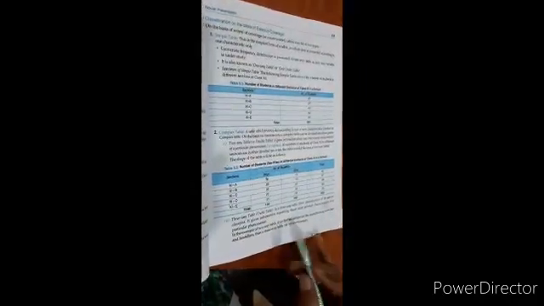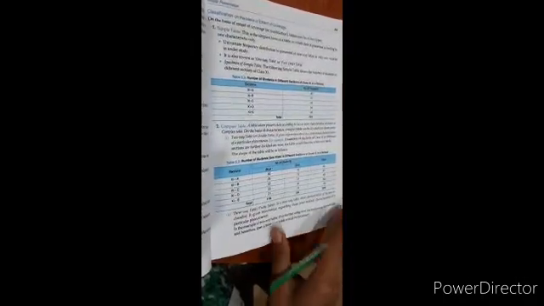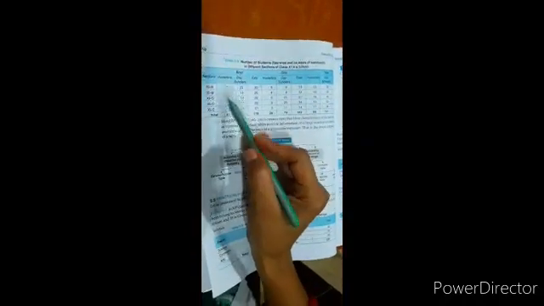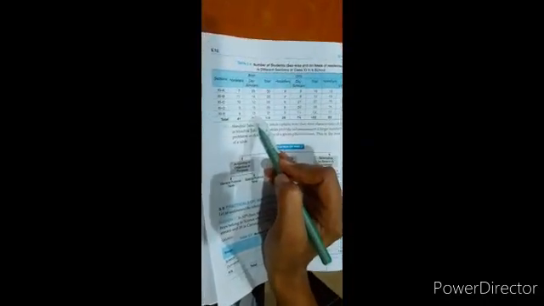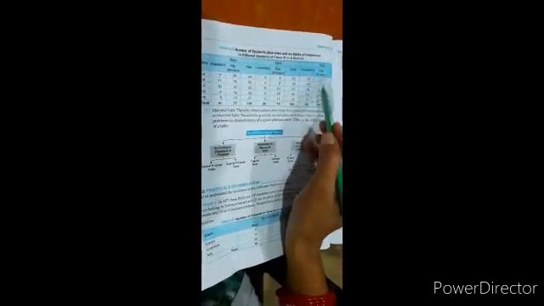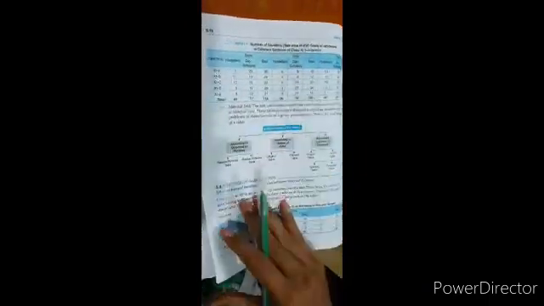Next is the three-way table. In the three-way table, three characteristics of the data are classified. Okay, three characteristics are there. For example, just see this here: the boys and the girls. And in the boys we are showing hostelers, means those who are residing in the hostel, and day scholars, means those who come for school hours only. Now the total. Okay, again in the girls, hostelers, day scholars, total. Taking the total of boys and girls, again we are taking hostelers and day scholars. So this is known as a three-way table.